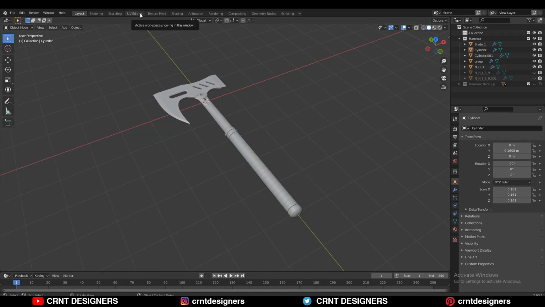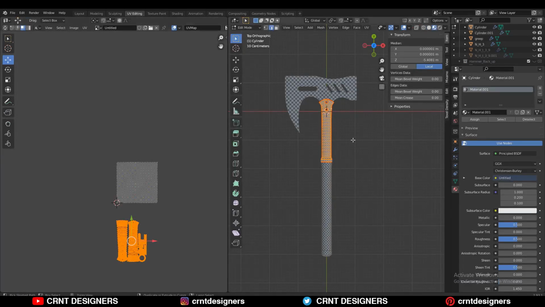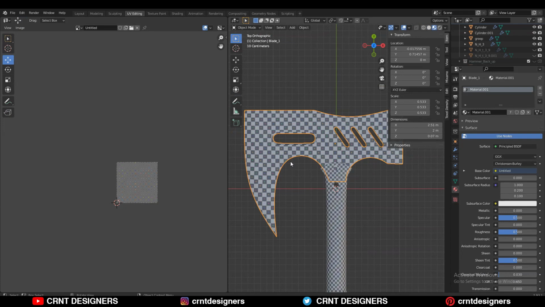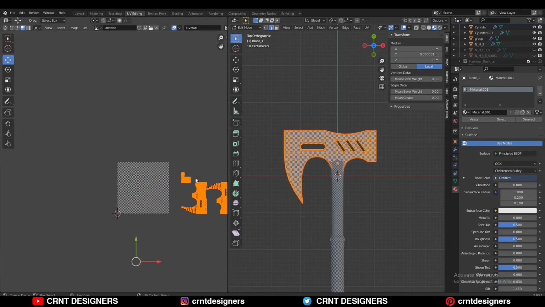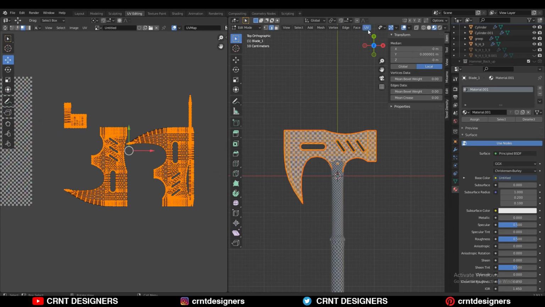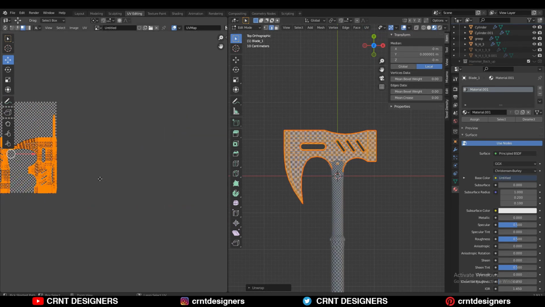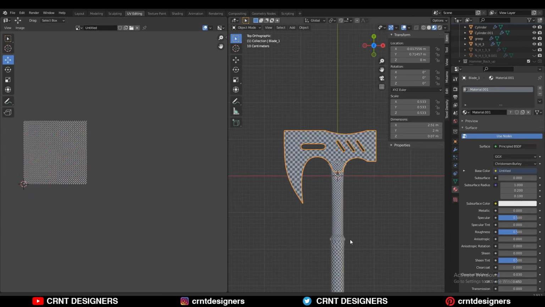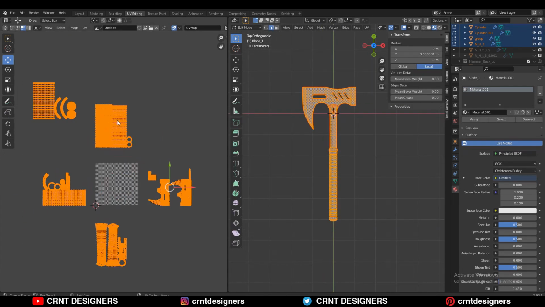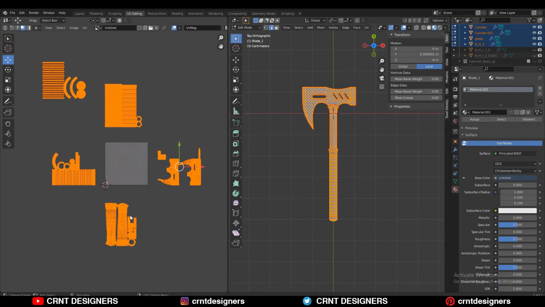So I'm going to the UV editing mode. So you can see here is the model. I have assigned a simple texture to this, that UV grid texture, and I have added the seams on it. And here you can see its UV island after UV unwrap. Select everything and UV unwrap, and in this way you can unwrap it. For all the objects I have done the same step, and you can see the UV islands here. Okay, so this is simple.